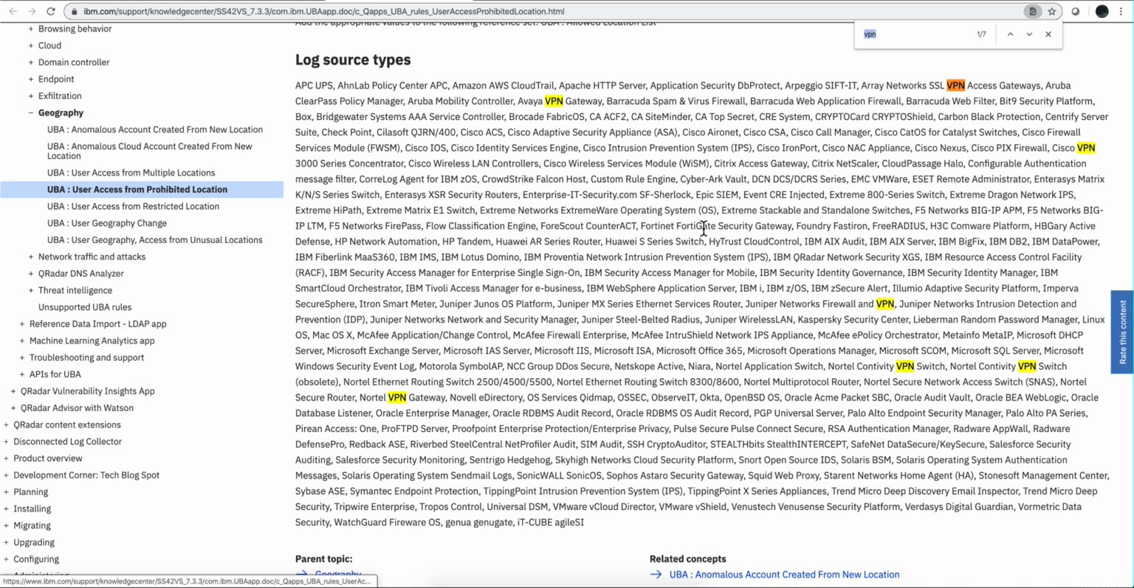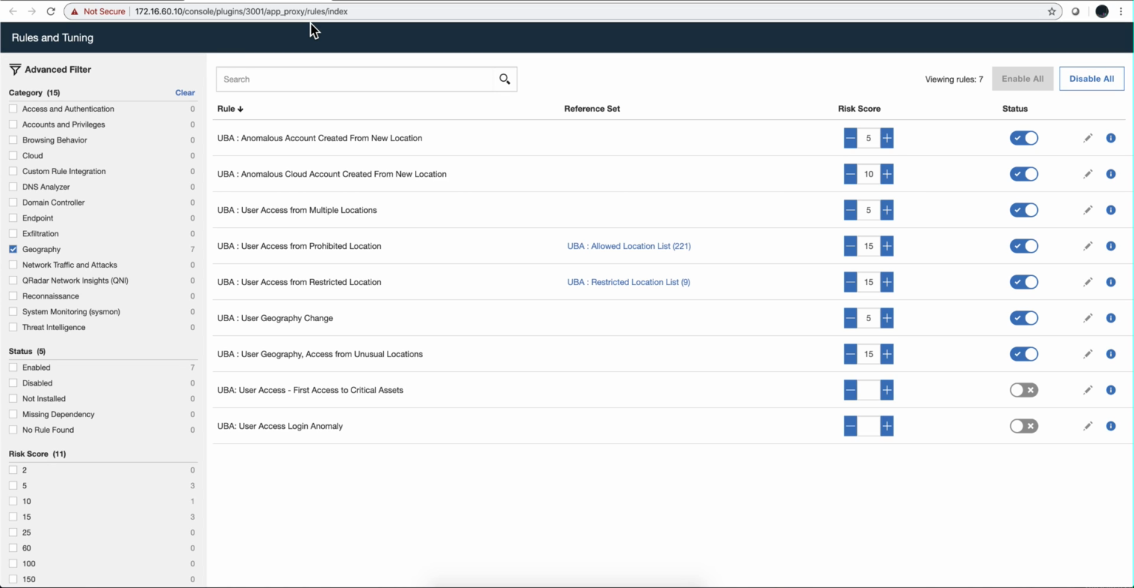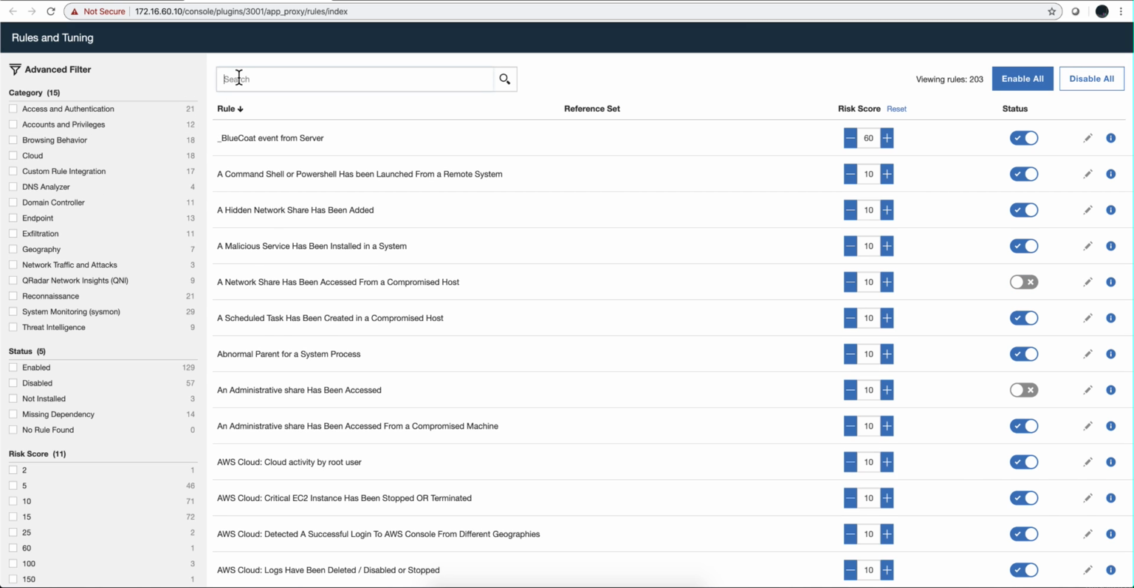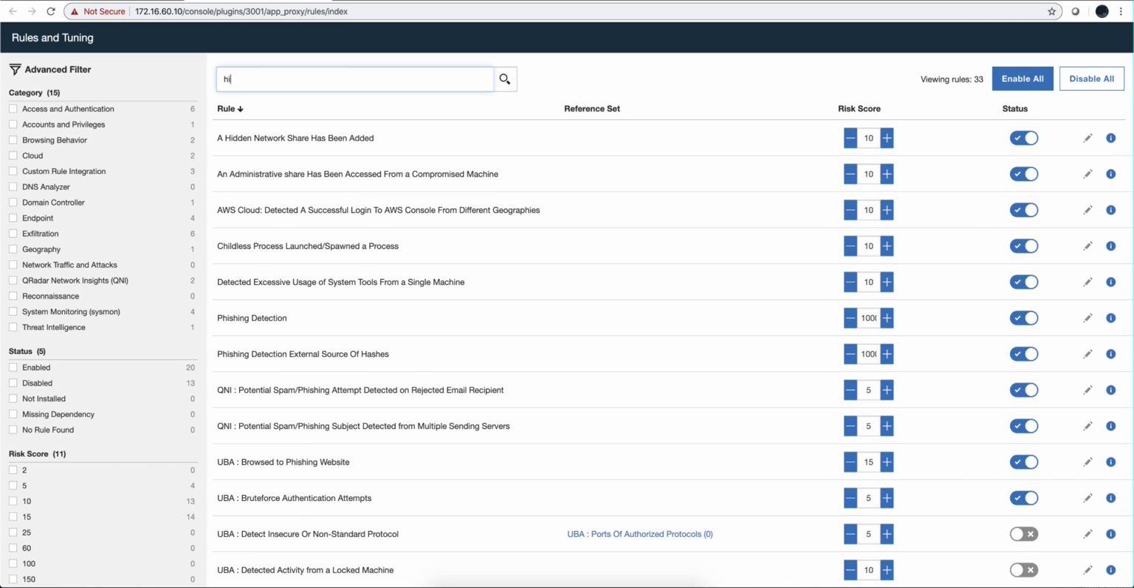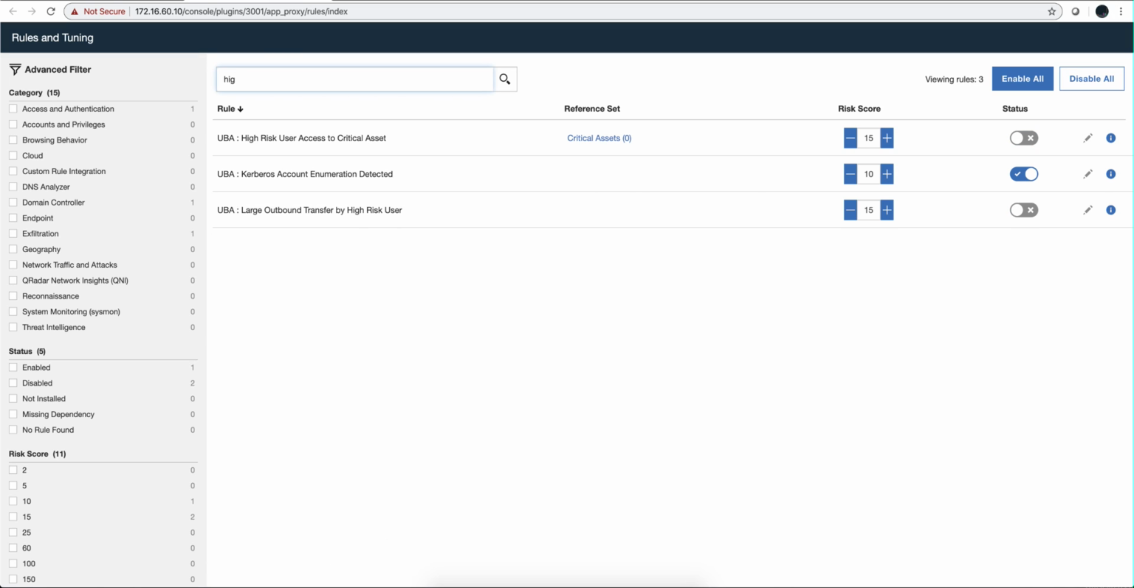Oh, okay, this should work. And you should test these things to make sure that they are working in your environment. So for example, look for some rules, for example, high risk user